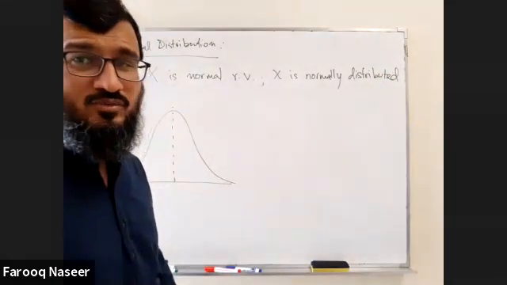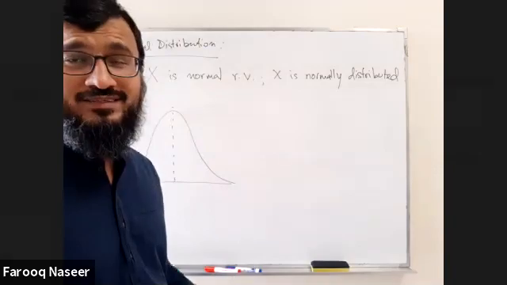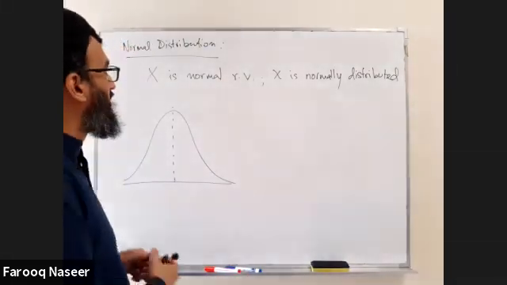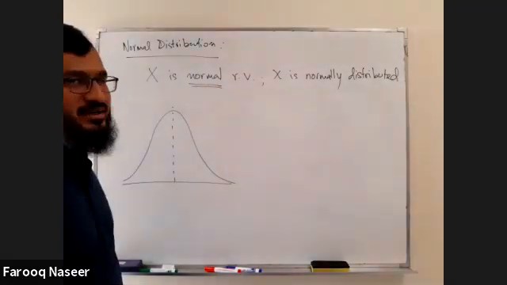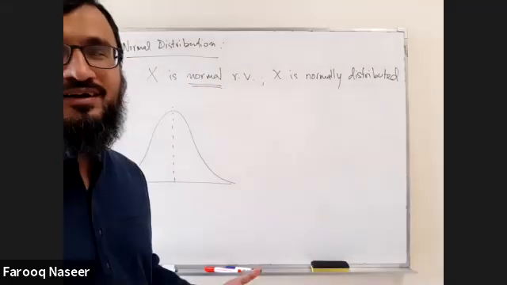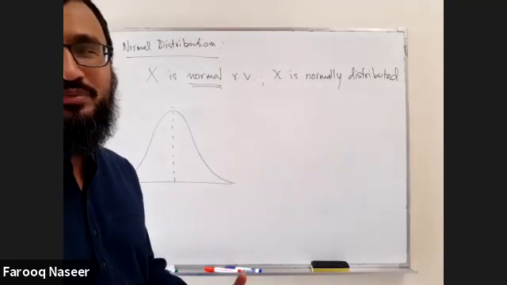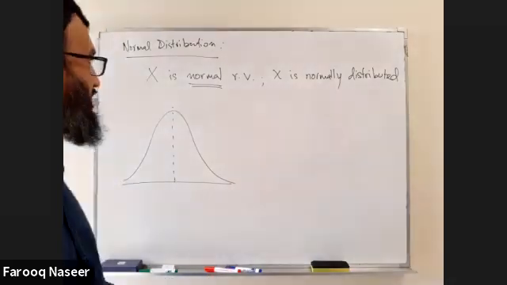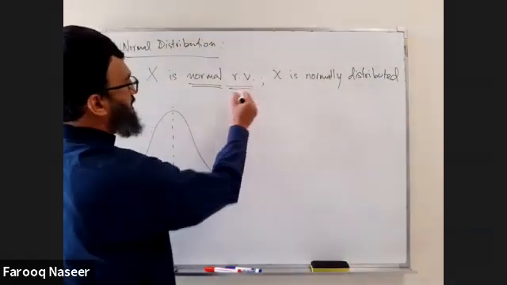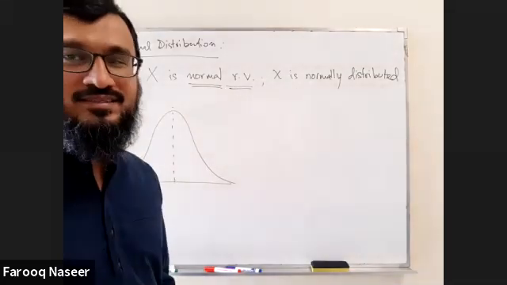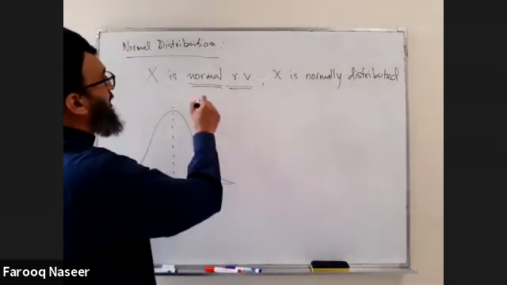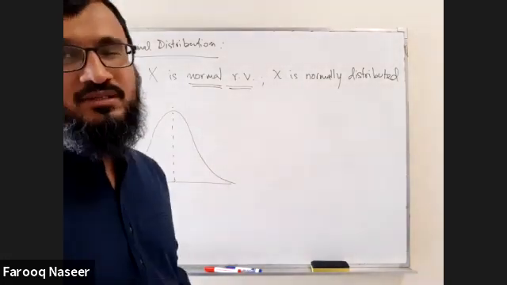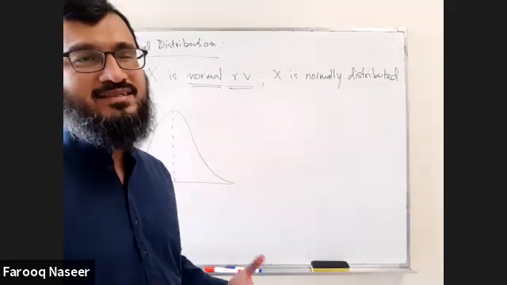By the way, you might think, where does this word normal come from? Is there an abnormal distribution? What's normal about this, right? This is one of those things where you take a word from the English language and just appropriate it for something totally different, like that 95% confidence. What does it mean? Statistical significance. What does that mean? So I think the reason why this particular distribution is called normal distribution is when statisticians started looking out